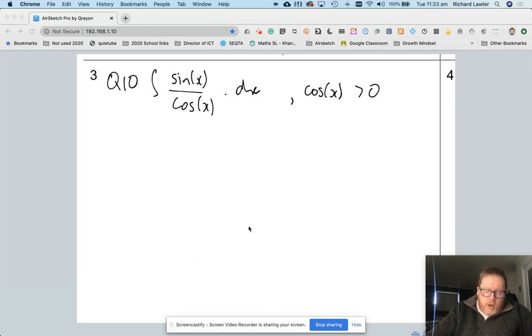Alrighty, so keeping that in mind, just briefly, cosine x can't equal 0, because if it did, then you'd be dividing by 0. And cosine of x can't be less than 0, because then the integral substitution we're about to do won't work. We'd have to do a different one for cosine of x less than 0. So keeping that in mind,